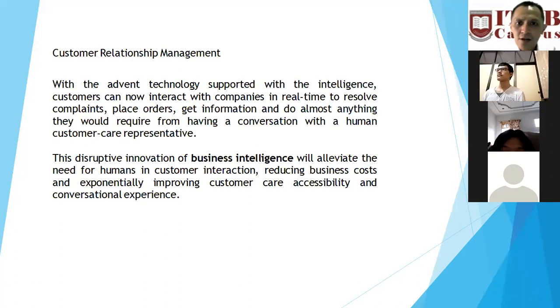Now, with the advanced technologies to put with the intelligence, customer can now interact with companies in real times, how to resolve complaints, place orders, get information, and then do almost anything that they require from having conversation with the human customer care representative. So create a system itself, then how this system can actually help to taking care. Yeah? It means making a good relationship with the